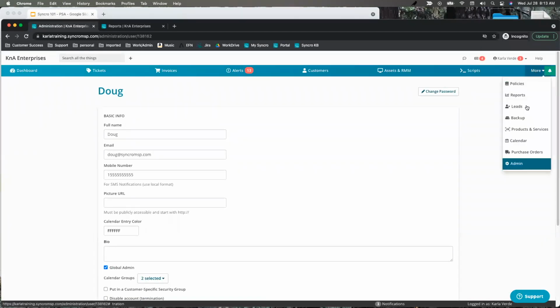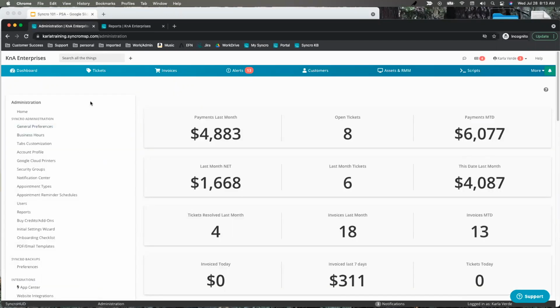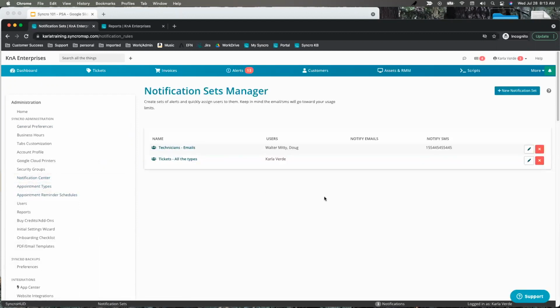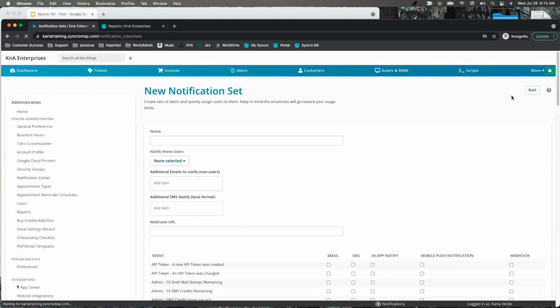So I'm going to hop it back over here to our more admin. So the next thing we're going to look at here is notifications. So here in the notification center, we can come in here and create a new notification set. And really what a notification set is, you're telling Syncro, when a thing happens in Syncro, I want to be